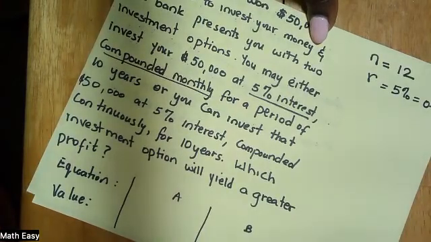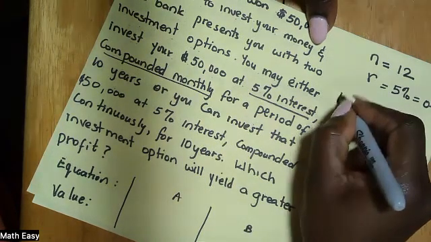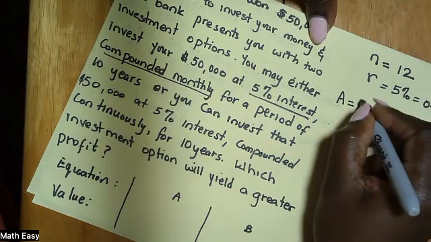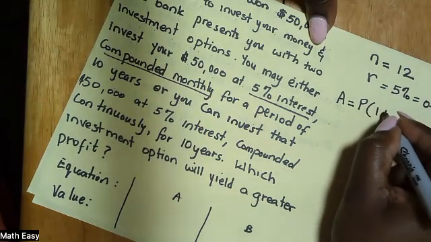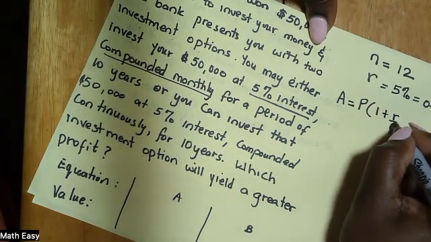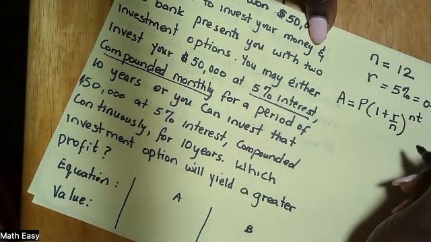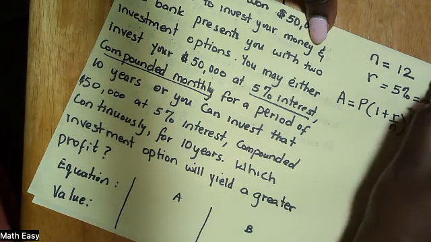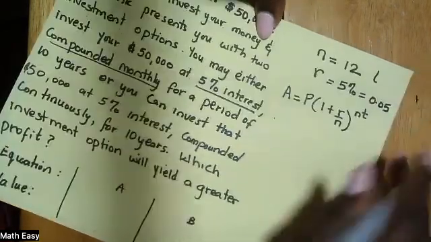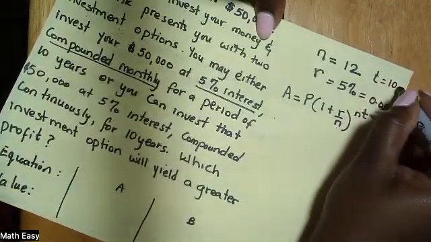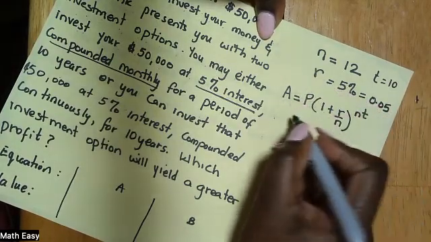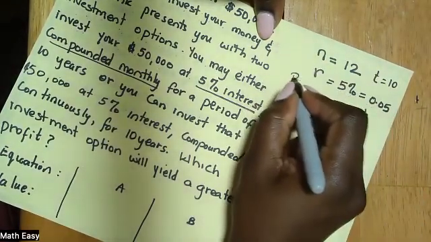Now, because we are not doing a continuously compounded interest, we are going to use the formula A equals P(1 + r/n)^(nt). Again, we have our value for t, which is 10 years, and we also have our P amount, which is